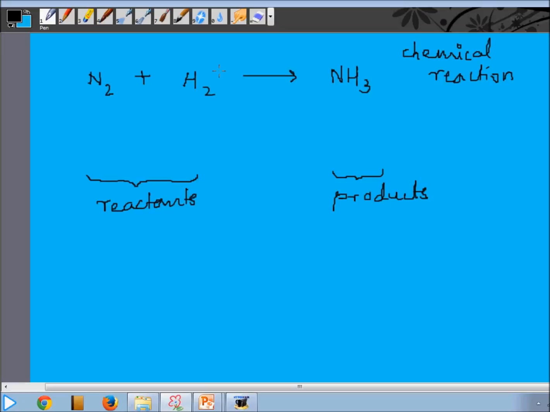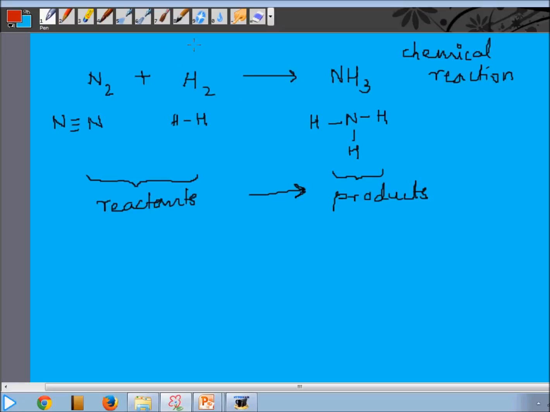For now, let's see how the reaction takes place. The reactants have to form products at the end of the reaction. By the end of the reaction, the reactants are going to get converted into products. Let's see how N2 actually is. This is the structure of a nitrogen molecule. One nitrogen atom is associated with another nitrogen atom with a triple bond. Similarly, the structure of hydrogen is H-H, and that of ammonia is one nitrogen atom associated with 3 hydrogen atoms by single bonds. This is how these 3 molecules look.